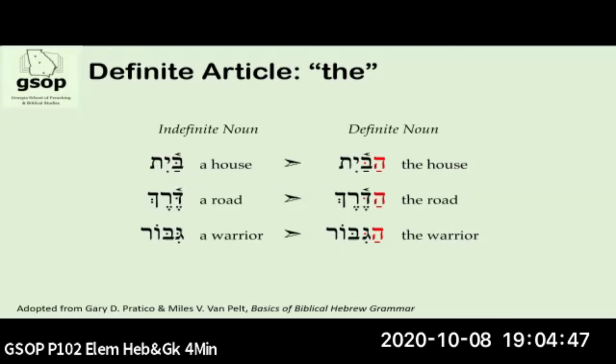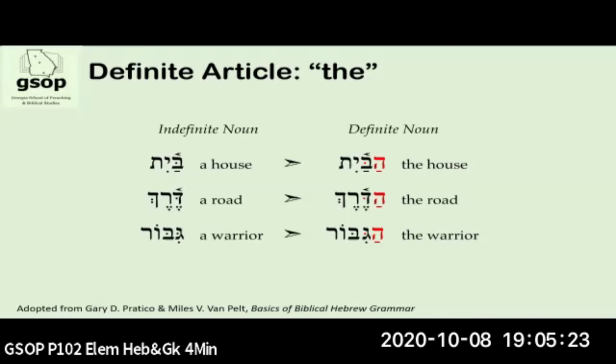Haderek. And then this last word here is for a warrior. There's gi with the hard gimel sound. Gi, gibor. And so you got the gimel with the hard sound to it. You got the whole vav as a vowel, so that's bor with the resh at the ending. Gibor, a warrior. If I want to make it the warrior, I'm going to put the hay with the patach